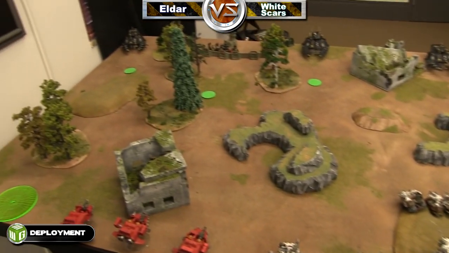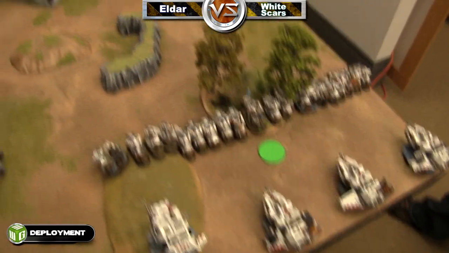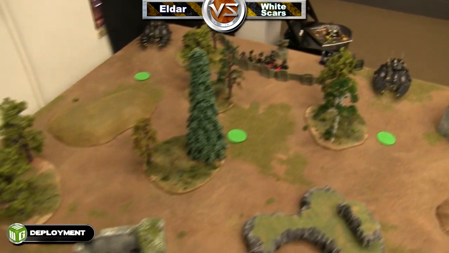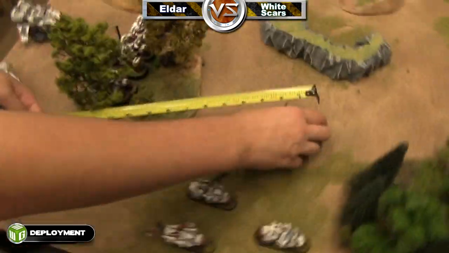Here we are deployed. We've got 4 objectives, and it is Big Guns Never Tire, so heavy support can hold objectives. I've got most of my White Scars all piled up in the one corner. There he is, all kind of spread out, most of the objectives near him. Now, as it stands, the Eldar have turn 1, so I'm going to do my scout move with all of my bikes here,